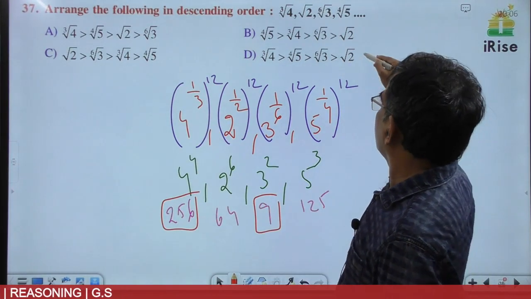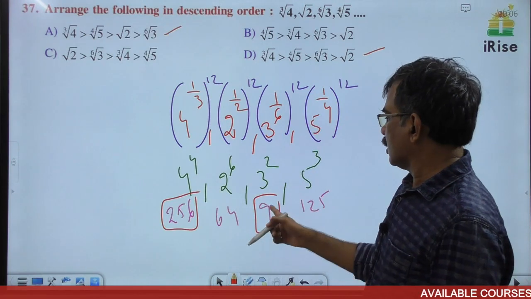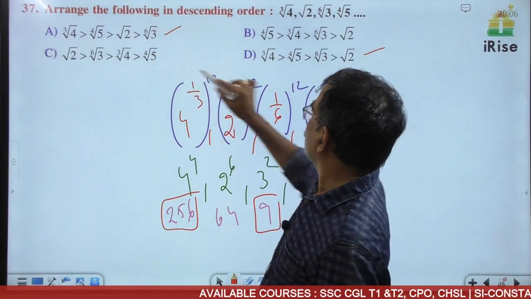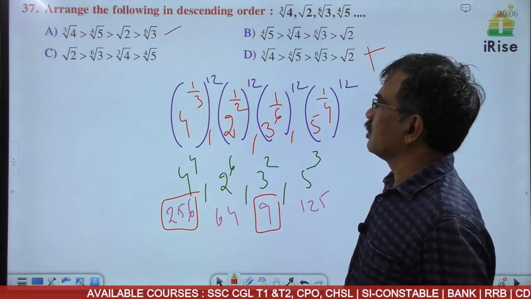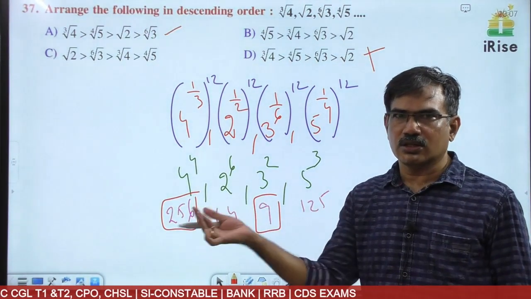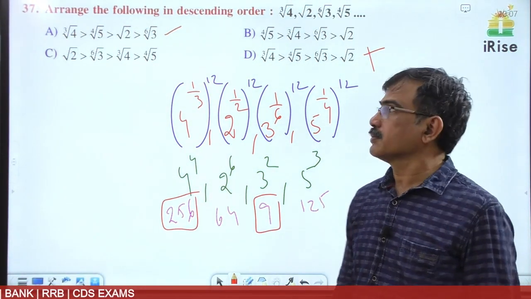In the options, this option is right, even this is also right. And the last one is 3 power 1 by 6. So this is the last one, here this is wrong. So the answer is the first option. Just by checking first and last, we get the answer, not necessary to write the remaining. Okay, simple question. Next question.